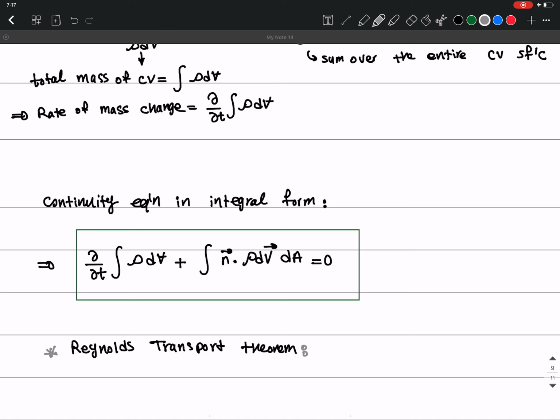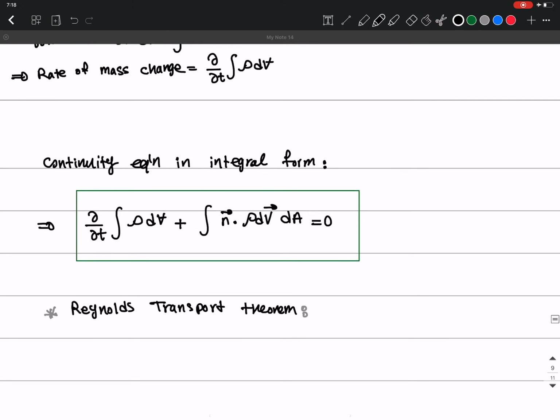Reynolds transport theorem is a general theorem about any system and control volumes, and it has a proof that I'm not going to go through, but basically it states that the total or the material derivative of any quantity of the system, B system, with respect to time equals to partial